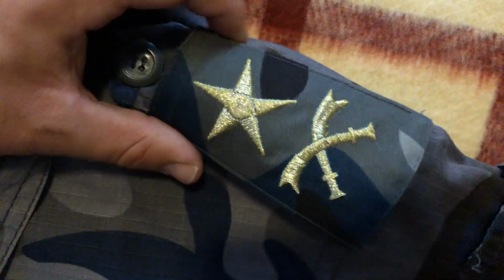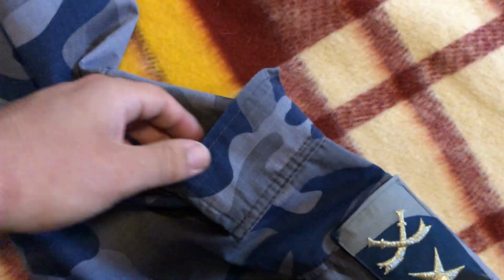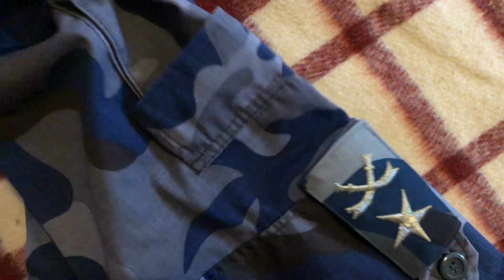These are kind of a hard plastic material, so if you feel them like this, you'll notice that they're hard plastic, and the fabric is actually a different material than the rest of the uniform, which is ripstop fabric. Interesting. Moving on to the right arm, we can see here we have a shoulder pocket, which is pretty standard,